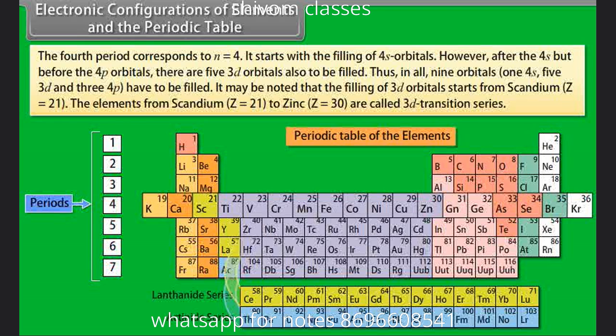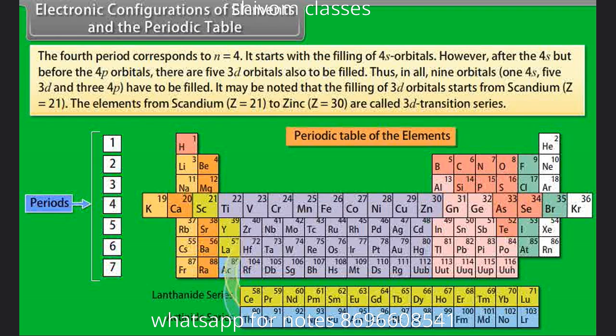Thus, in all, 9 orbitals, one 4s, five 3d and three 4p, have to be filled. It may be noted that the filling of 3d orbitals starts from scandium, atomic number 21. The elements from scandium, atomic number 21, to zinc, atomic number 30, are called